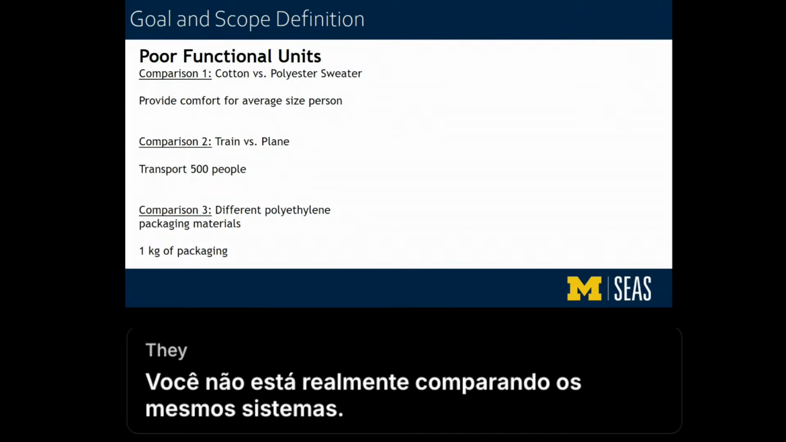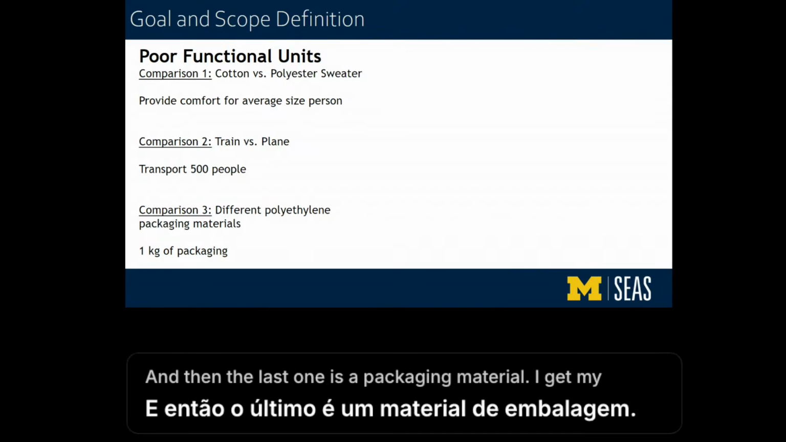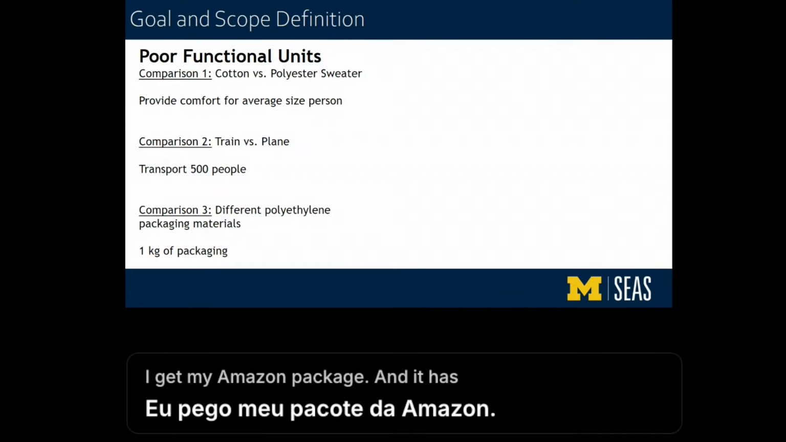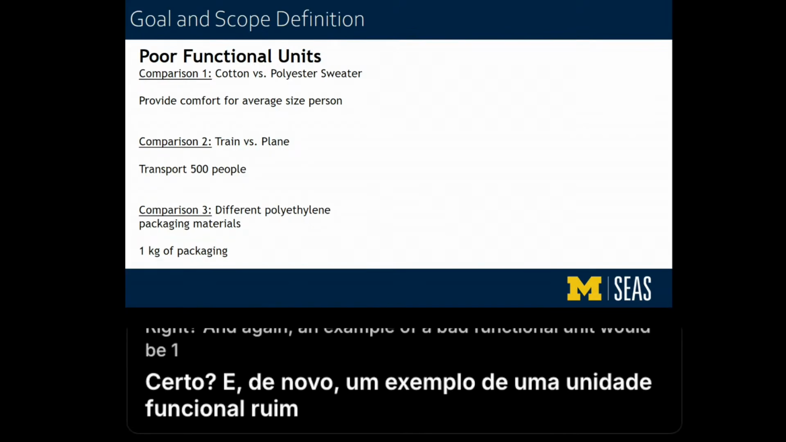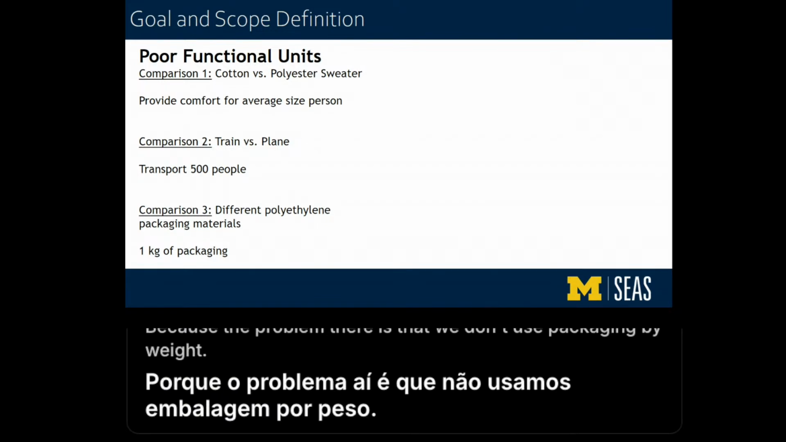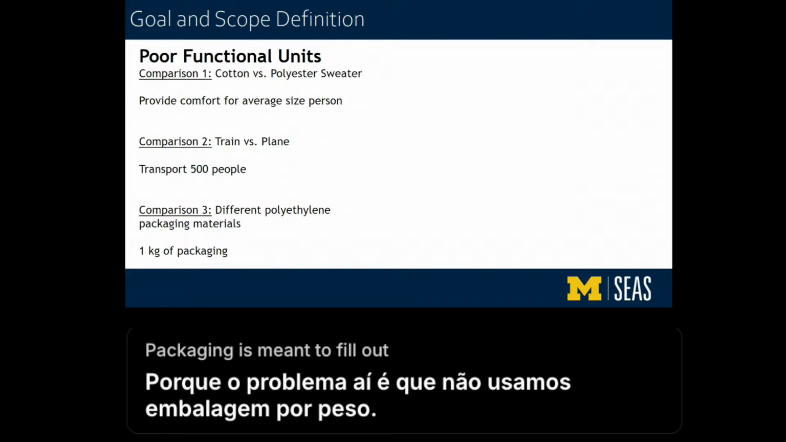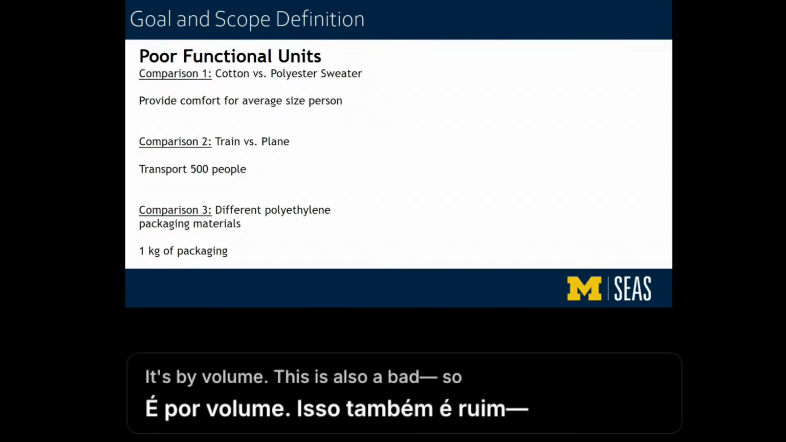They don't have the same function. And then the last one is a packaging material. I get my Amazon package, and it has packaging in it, right? And again, an example of a bad functional unit would be 1 kilogram of packaging, because the problem there is that we don't use packaging by weight. Packaging is meant to fill out a box, right? It's by volume. This is also bad. So 1 kilogram of